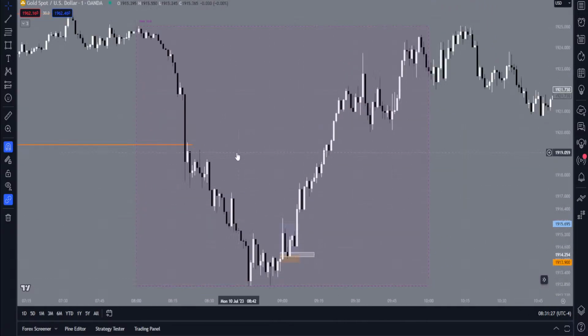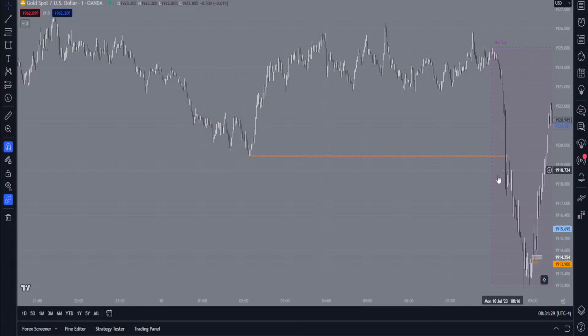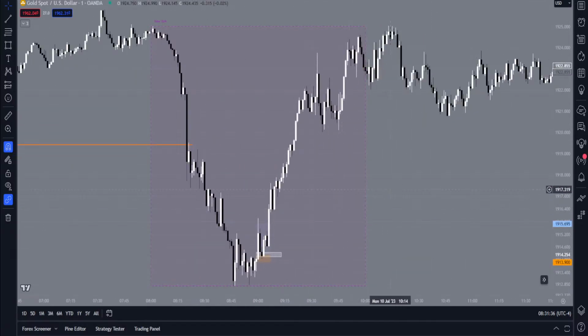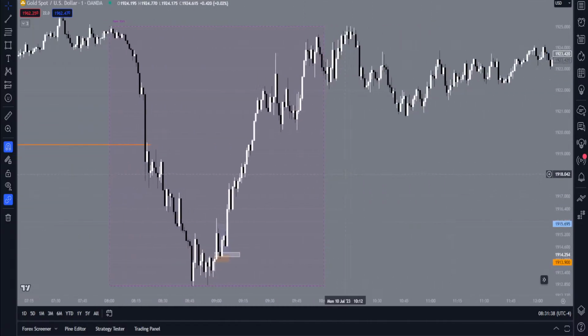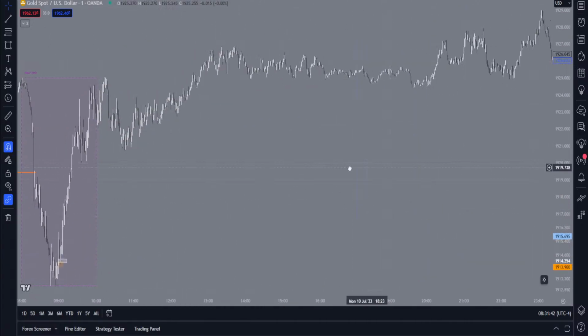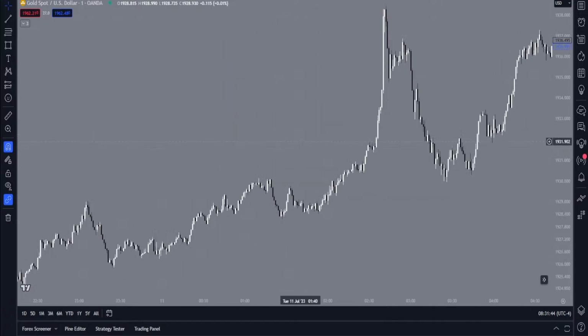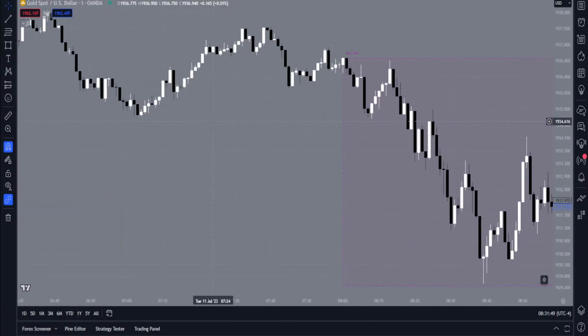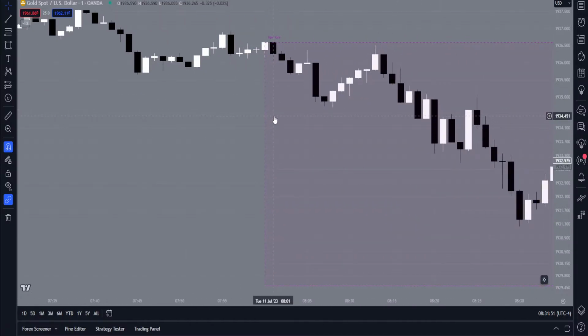A little bit risky because it broke the low and closed below the low of the day before 8 a.m. So it was still pretty risky, but worked out just fine. Let's see Tuesday. So you made 4R, which is 2%. On Tuesday, I can tell that we were bearish on Tuesday, right? So on Tuesday, we're bearish, and let's take a look at what we see.